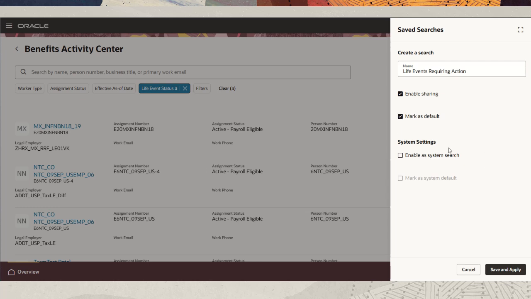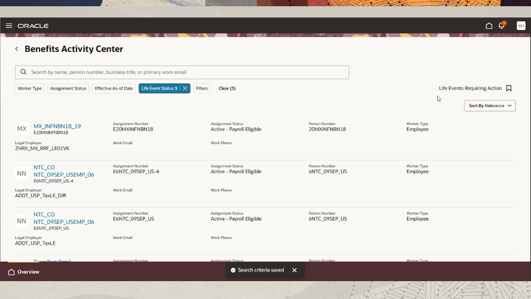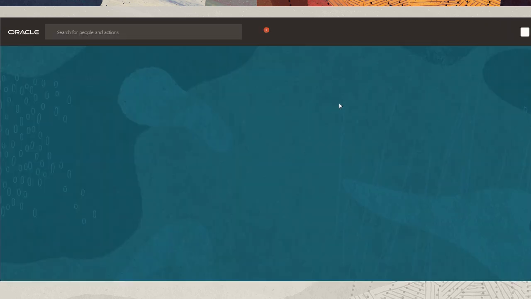Now, I have the administrator functionality, so I see the system settings. A normal user will not see this information listed here. I will click on Save and Apply, and now I see my saved search is listed here. If I exit the Benefits Activity Center and return,